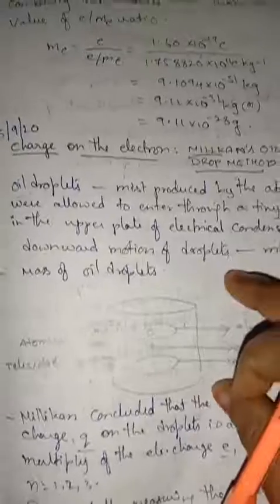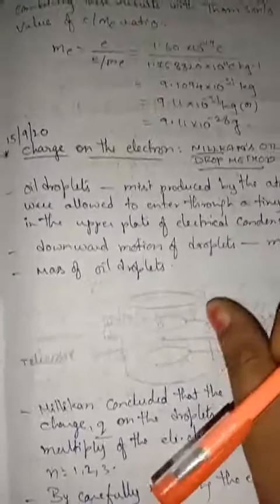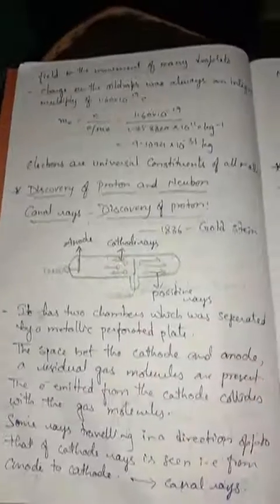Okay, children? In today's class, what did you learn? We have seen Millikan's oil drop method, a very simple method, but with the help of its diagram you can write what happens and what reactions take place. Next, the discovery of the proton. Who discovered the proton? The proton was discovered by Goldstein in 1886, and we have seen the mass of a proton. And next, the discovery of the neutron. Who discovered the neutron? James Chadwick discovered it, and we have seen that.